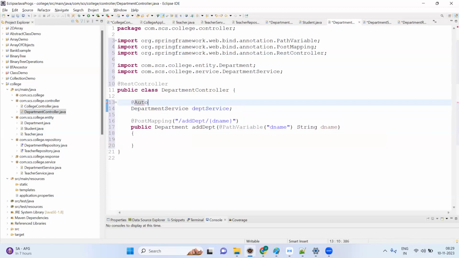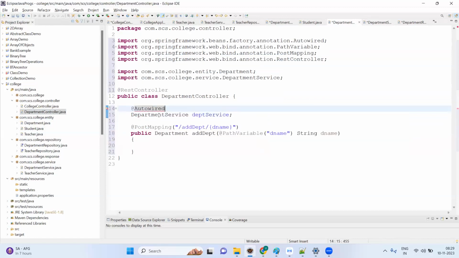Directly, I will say what? Auto wire. And now using this DEPT service, first we have to pass the object, right? So we will create an object department, DEPT equals new department,